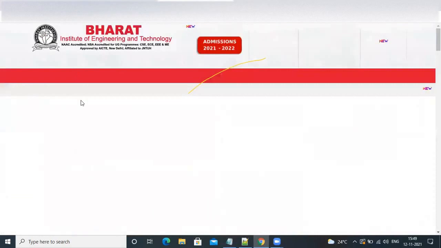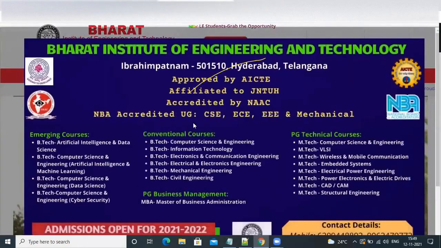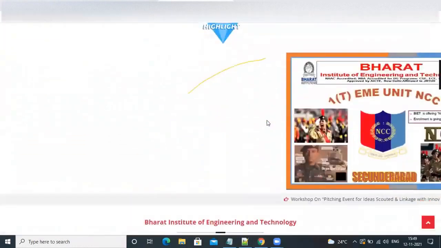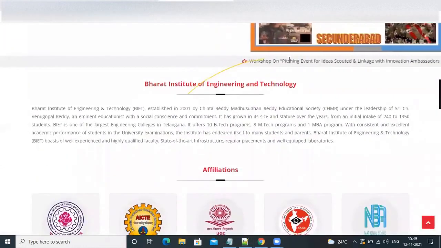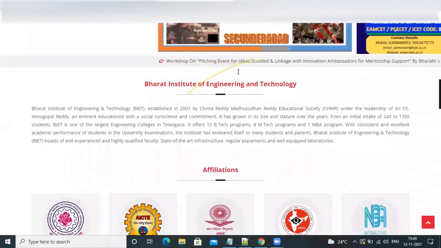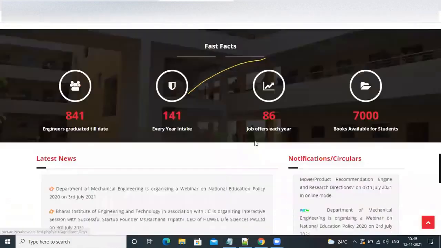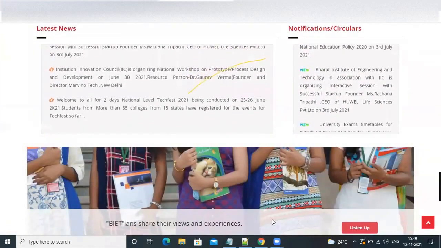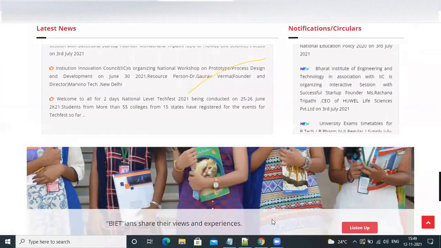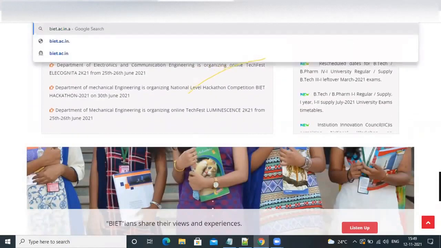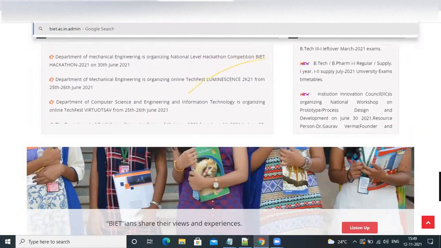Just observe the engineering college website. Here my client requirement is that they want to make some changes themselves without depending on the developer. See here, the latest news is scrolling. If you want to post some latest news, you can directly post. If you want to post exam notifications also, you can directly post. So from where are we going to post? In the backend we post, and automatically the news and exam notifications appear from the